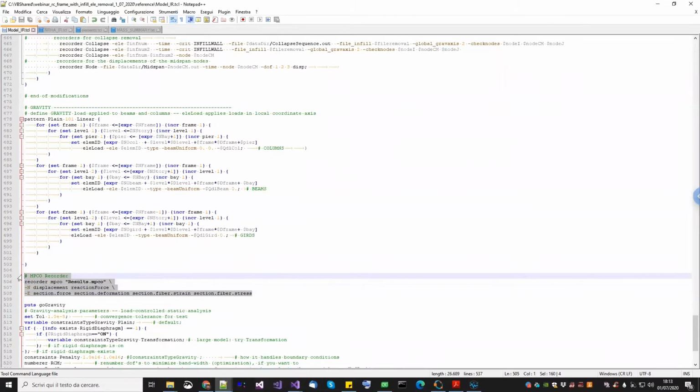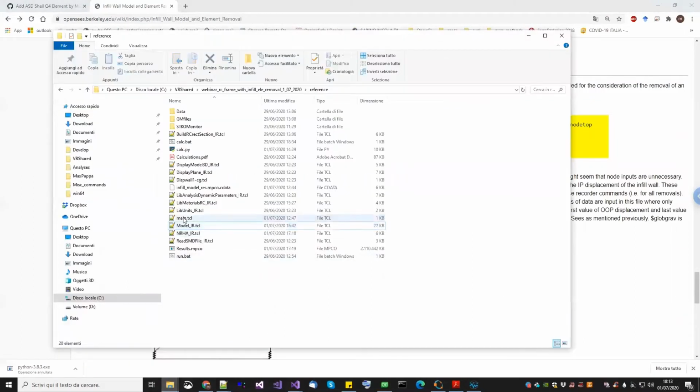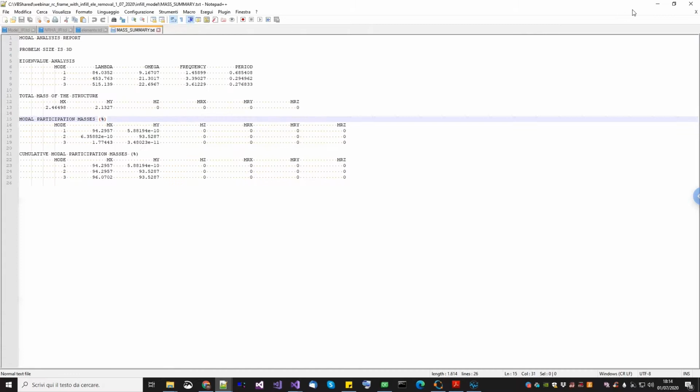Since this file has not been created in STKO, you can add the MPCO recorder manually so that we can see the output of this file inside STKO. Then if you want to run it, when you are inside the reference model, I created another file called main TCOL that first sources the model IR, because this one builds the model and runs the gravity analysis. And then this one does a modal analysis, computes the Rayleigh damping, and then it runs a transient analysis, okay? So you source the first one, you source the second one, and then I simply created a batch